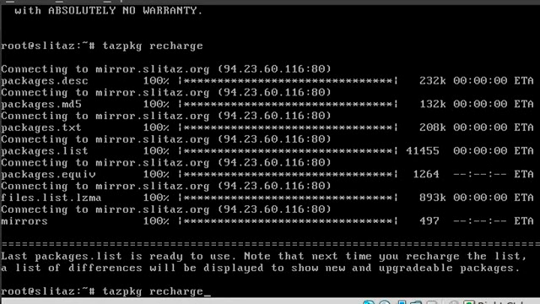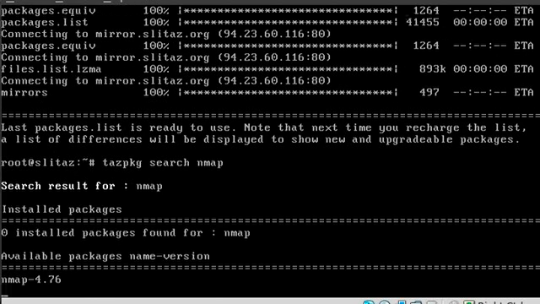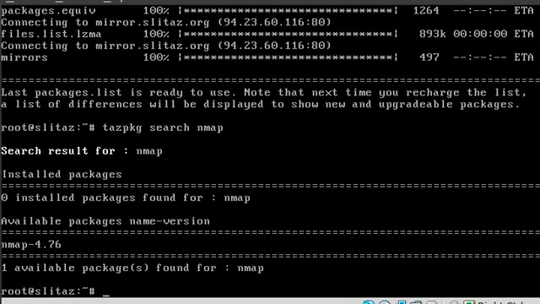Next, we are going to look for a package to install. So let's see, what would I want to install? How about Nmap? Nmap is a great program. I'm going to just do Tazpkg search Nmap. Doesn't take very long. It says that it's available. So now I can do Taz